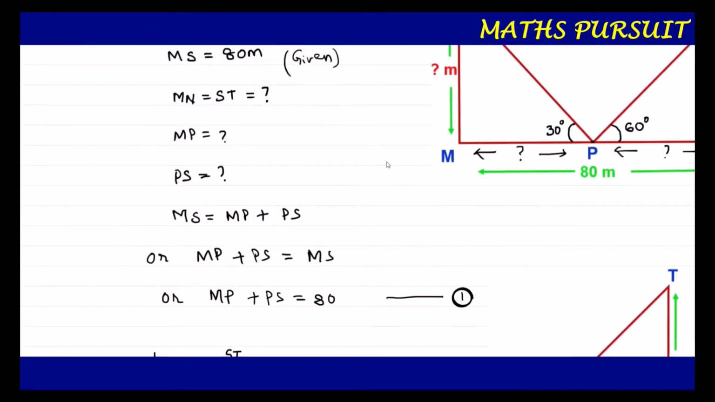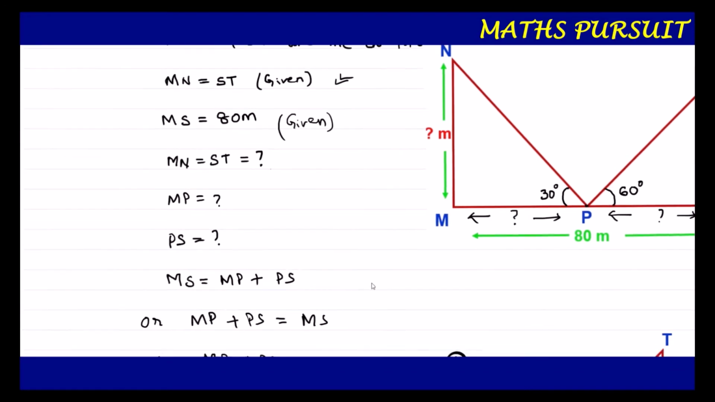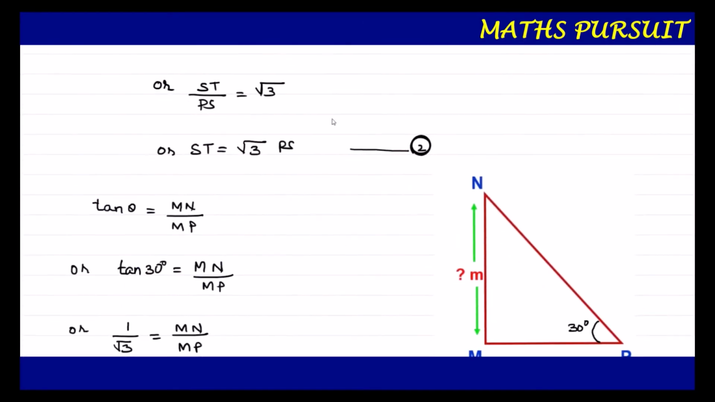If you look here, as per the question, MN is equal to ST. This is what is given here. Let us keep this one in mind. MN is equal to ST because they are the two equal poles. So what I am going to do here...